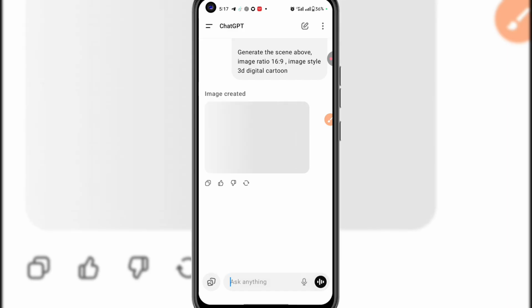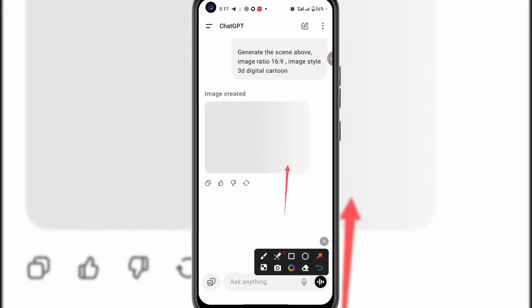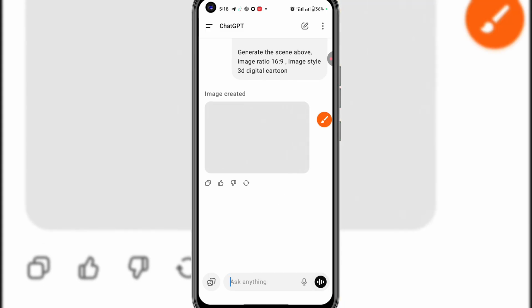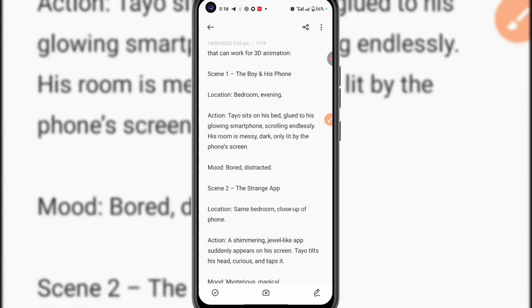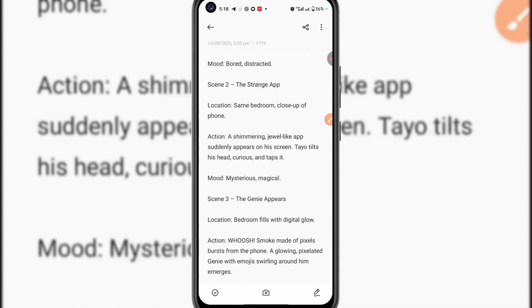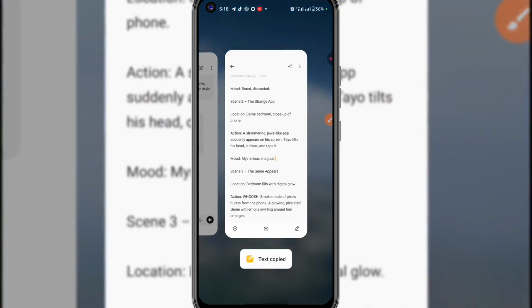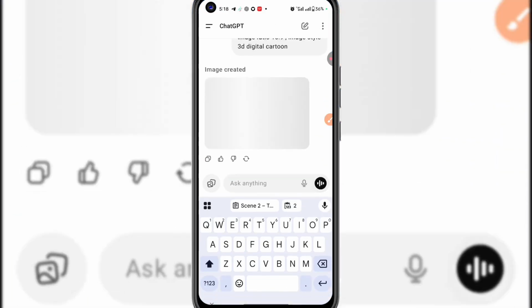Now, the next thing is to generate scene 2. Please don't mind that the image is not showing here, my network is just misbehaving today. So I'm just going to generate scene 2. For us to generate scene 2, I'm going to go back to my notebook and copy the prompt for scene 2. Alright, so this is where I pasted the prompts and this is scene 2. I'm just going to copy this and I'll go back and paste it on ChatGPT.